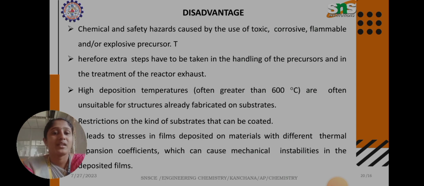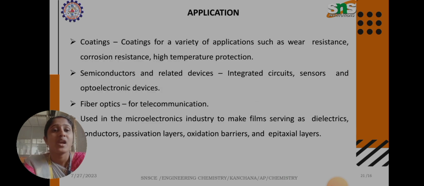It leads to stresses in films deposited on materials with different thermal expansion coefficients, which can cause mechanical instabilities in the deposited films. Application of chemical vapor deposition: coatings for a variety of applications such as wear resistance, corrosion resistance,